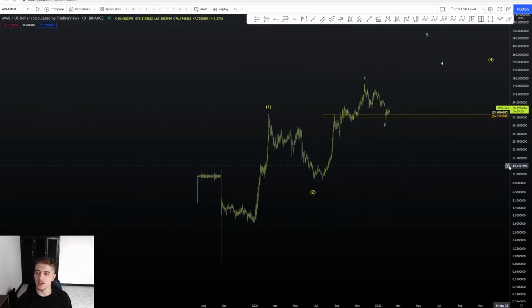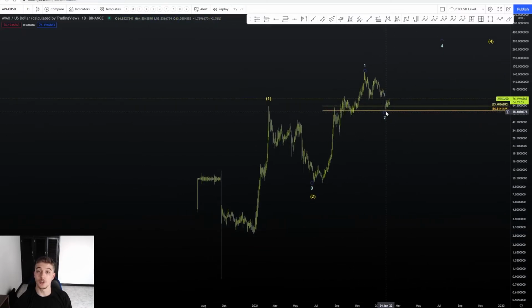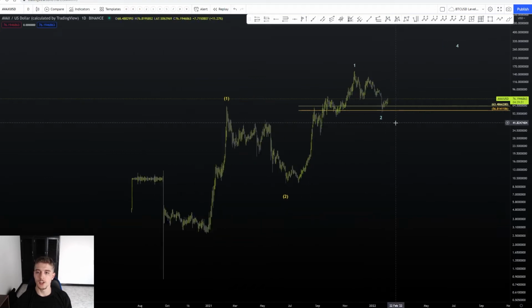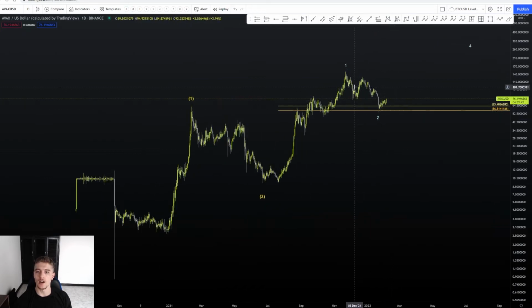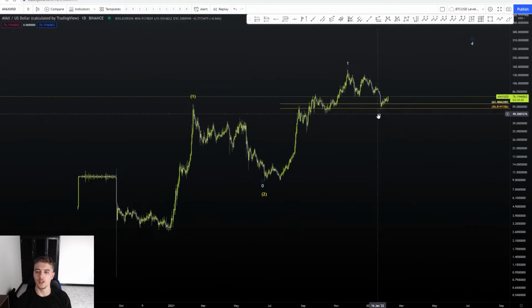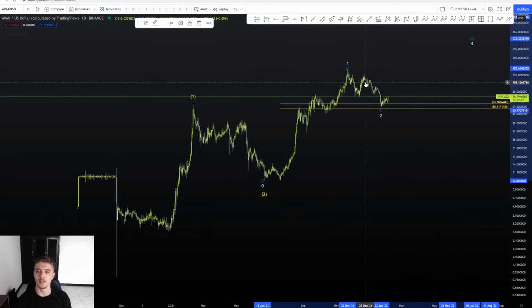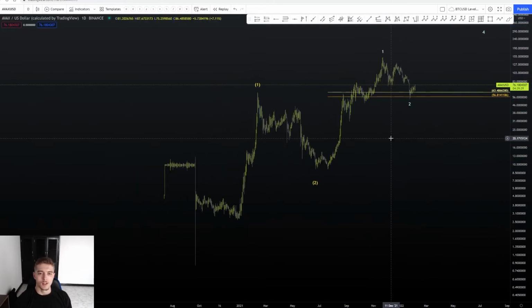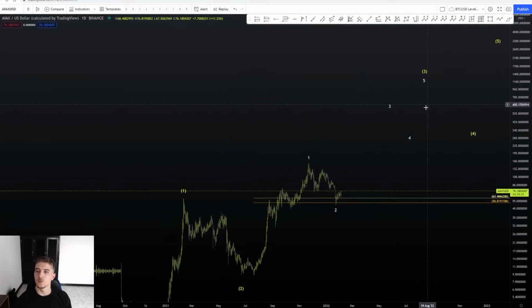And it looks like we already came to the golden pocket for the wave 2, which is a good target for the wave 2. In addition, I'll go over some targets that we actually came into for this wave 2. So we actually came into a pretty strong level as far as this goes, especially if this says the exact point ABC. So some tools we could be looking at to the upside to give us this wave 3 target